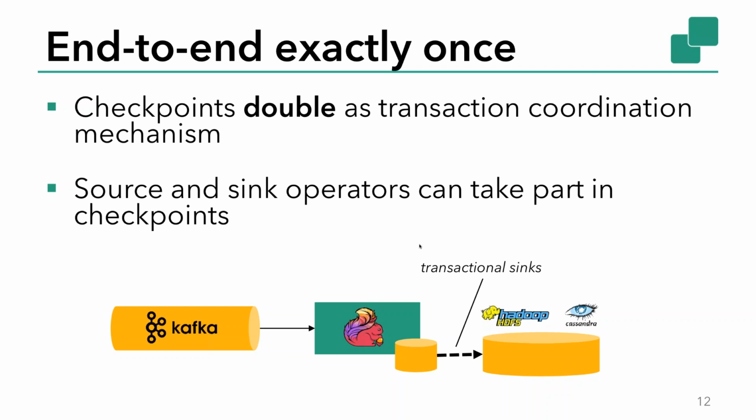The way that we can do this with Flink is by writing sources and sinks that are actually stateful Flink operators that take part themselves in this checkpointing mechanism. So for example, what is already there in Flink is an HDFS sink that guarantees exactly once. So you can move data from Kafka to HDFS using Flink with exactly once semantics.